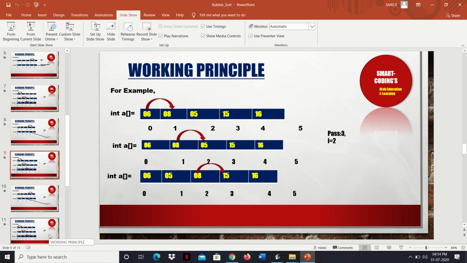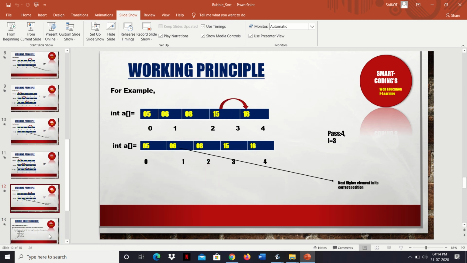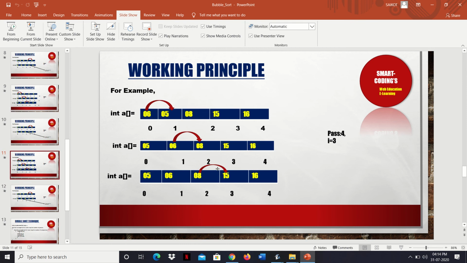Similarly in pass 4, this is not required, this is not required, and this is also not required here, because 8, 15 and 16 are in their correct positions. So these 3 comparisons are struck out from pass 4. Only one comparison is done over here because we need to swap this one. So in every pass, as the i value increases, the number of comparisons decreases.